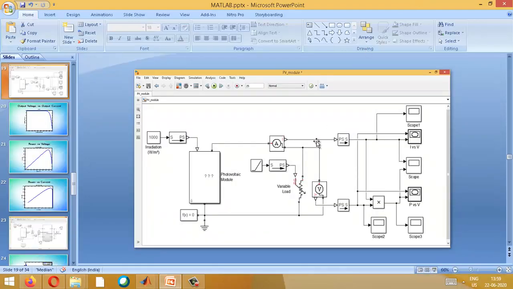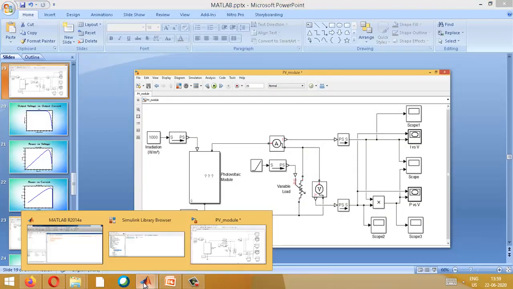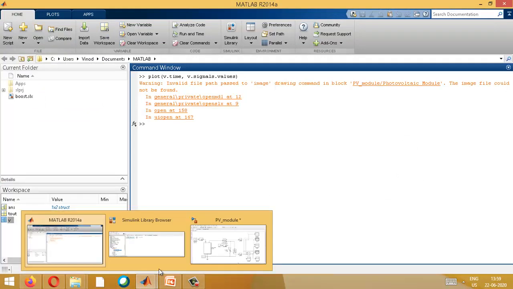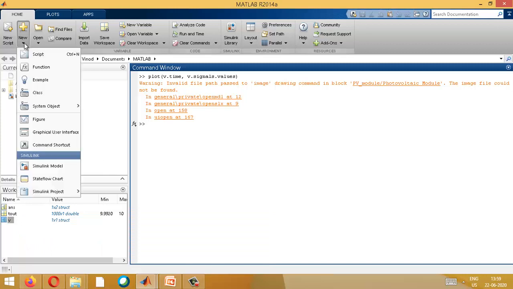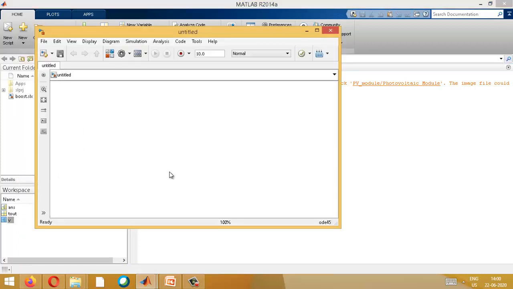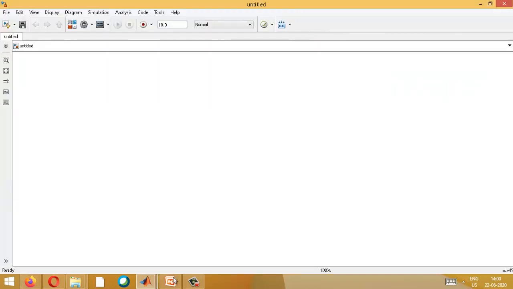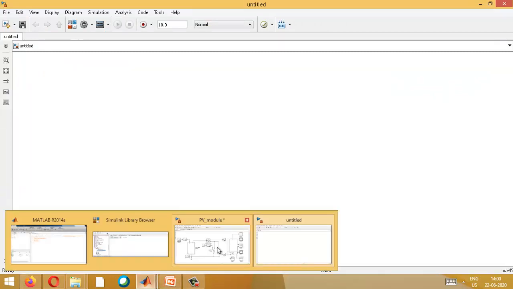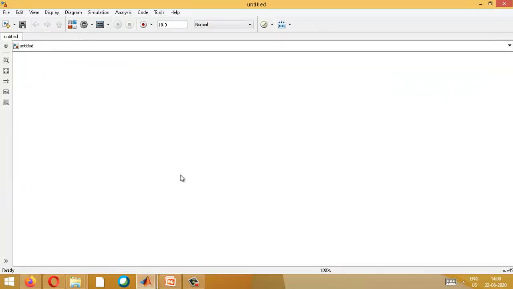Okay, so in a similar way, this will be your opening screen of MATLAB. From here, first of all you have to go to New, and in New you select Simulink model. Now we have opened a Simulink model. In our case, the foremost thing is to simulate your solar panel.